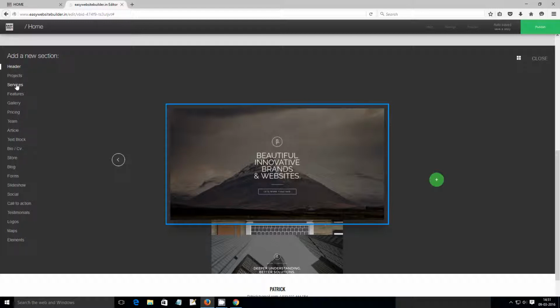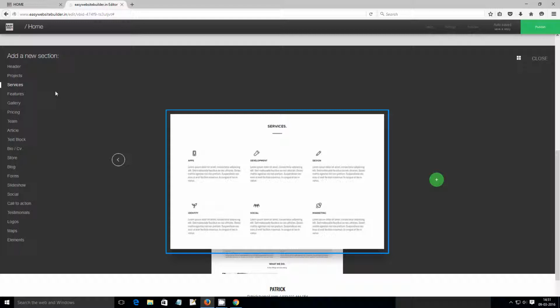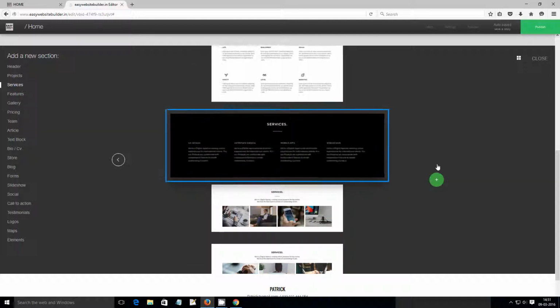and we will choose the services. You could of course explore what each of these sections will have. They have hundreds of these stripes, but we will choose the services section for this lesson. And since this is the start of the services section, we've just clicked the services menu, so we won't have anything on the left, so we will have something on the right. So we'll click the right,